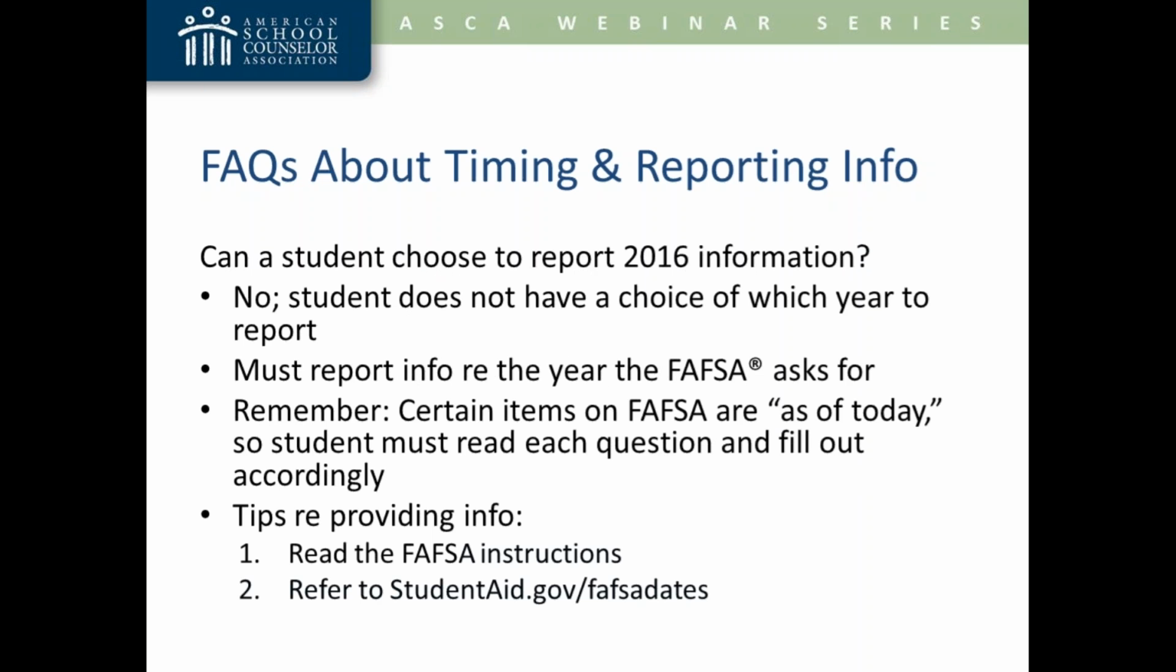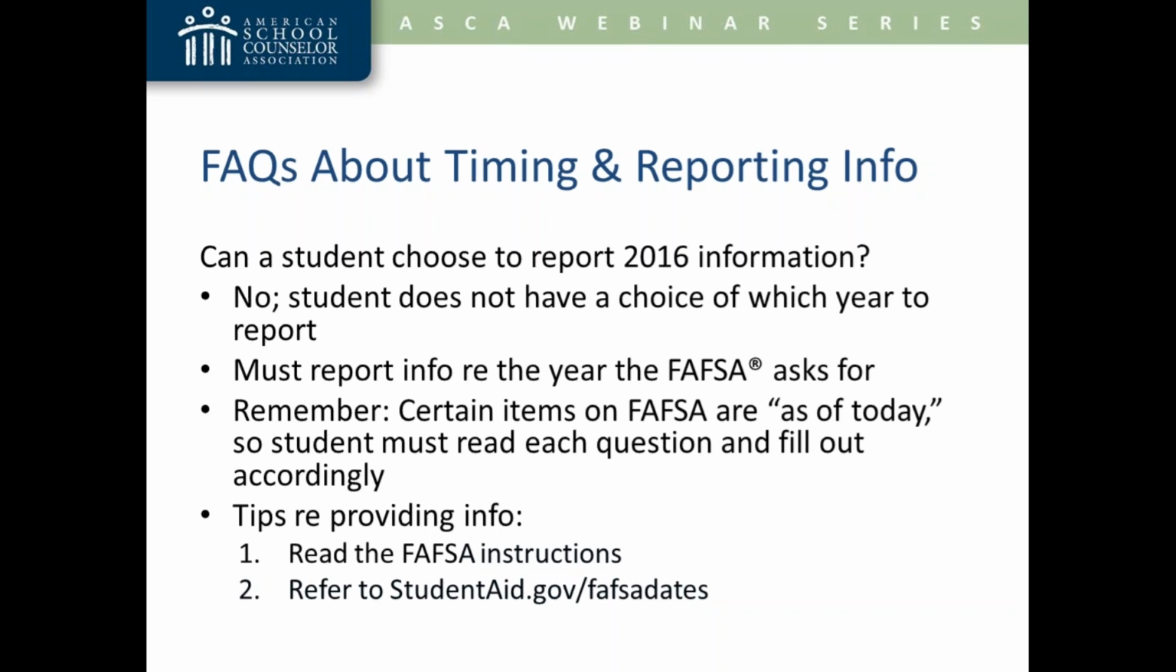This one's a biggie. People are asking, can a student choose to report 2016 information if they feel like it's more accurate? They actually don't have a choice of which year's information to report. They have to answer the FAFSA questions as they're written. If the family's income has changed since the 2015 tax year, what the student should do is provide the information